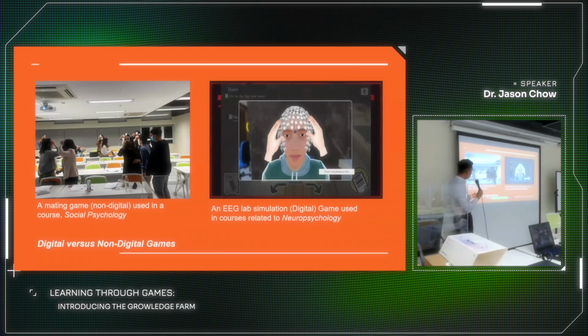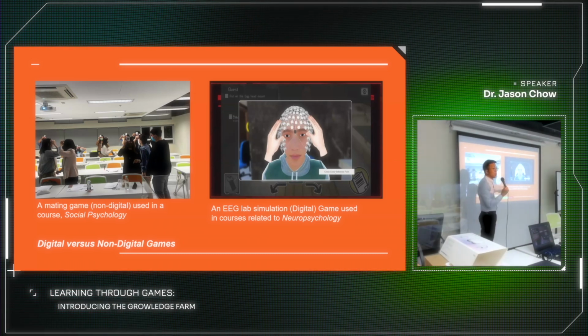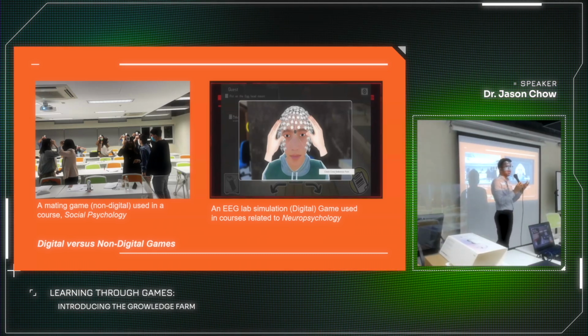So finally, digital games versus non-digital games. This is something that I mentioned at the beginning. When we talk about game, usually we will think of digital games. This is something that we are going to show you a little bit later: in the Department of Counseling and Psychology, we designed an EEG lab simulation game to help our students get familiar with the procedures of using an EEG device in sleep research. So this is a digital game. Usually, a digital game is enhanced by more complicated animations and graphic design. And if you properly design it, those graphic and visual elements can make it more engaging.